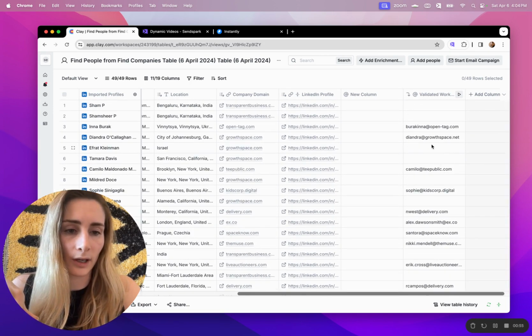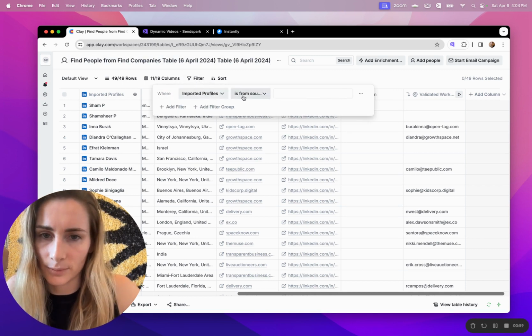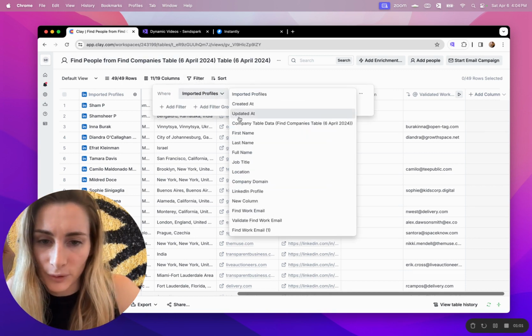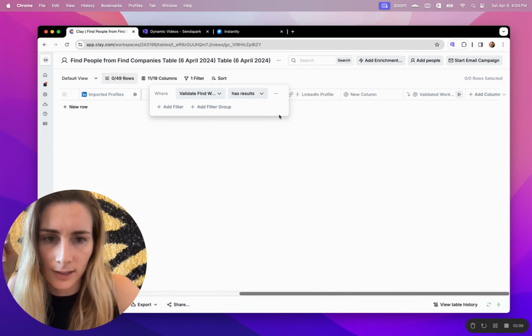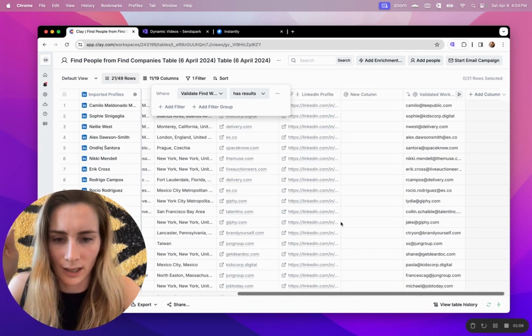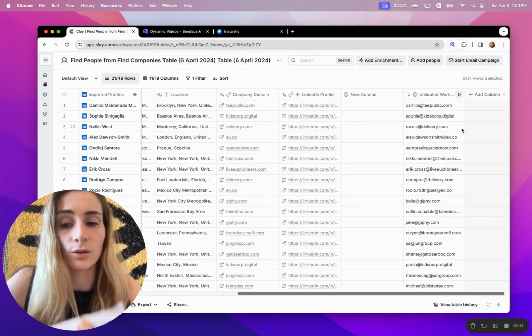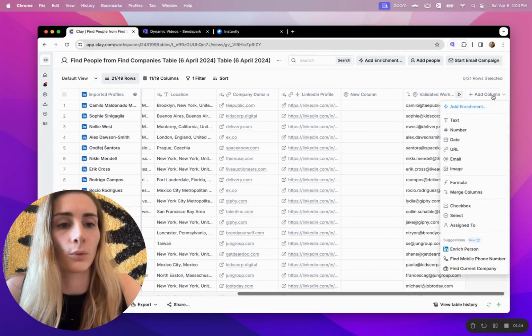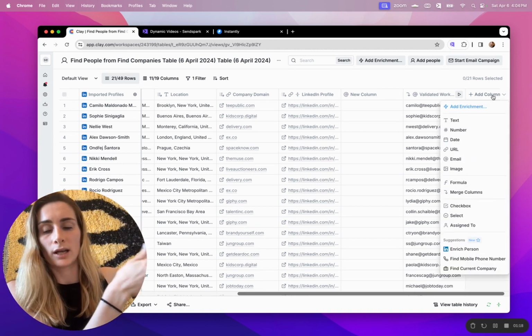I did the validated work email thing with Clay to find the right emails. And one last thing I'll do here for simplicity is just filter this to where the work email has results. And so that way we're just looking at a few people that we actually want to reach out to that have real emails. So the next thing we'll do is we'll send the contacts into Sendspark to generate personalized videos